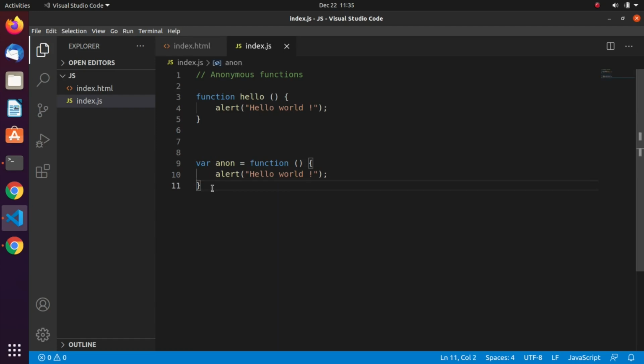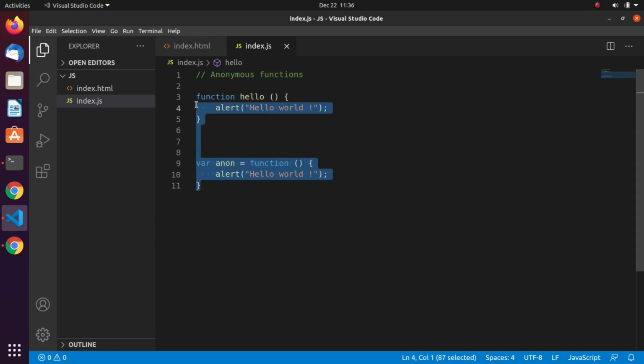Again, let's explain what's happening. One common use for anonymous functions is as an argument to other functions. Another common use is as a closure. We are going to talk about closures a little bit later in this course. So use as an argument to another function, that's what anonymous functions can help us to achieve.